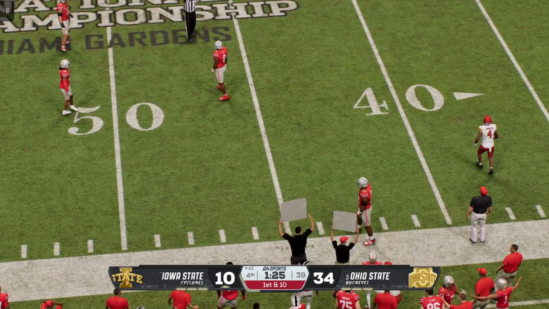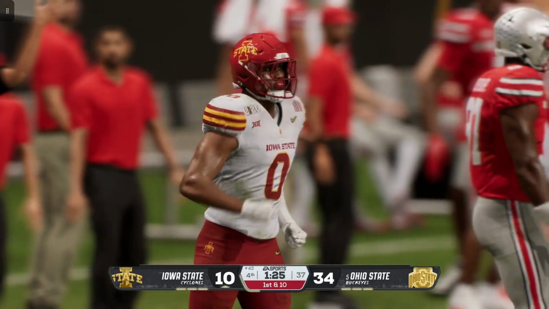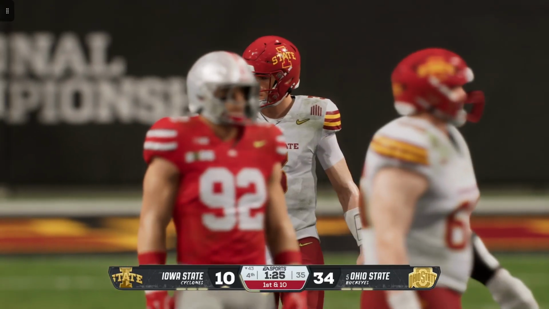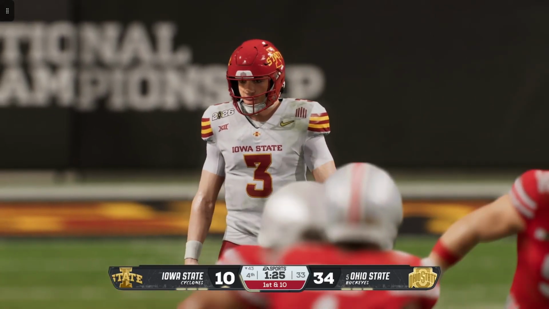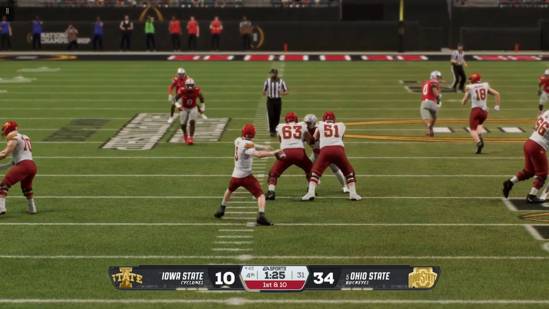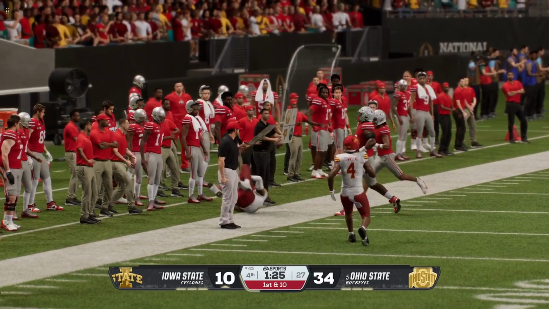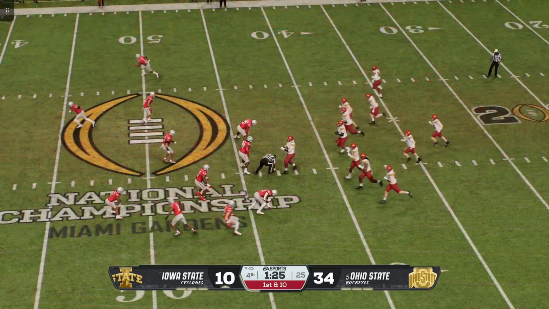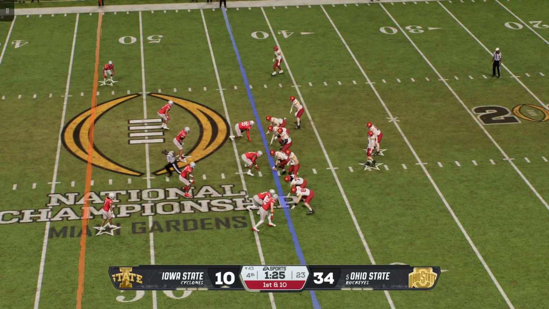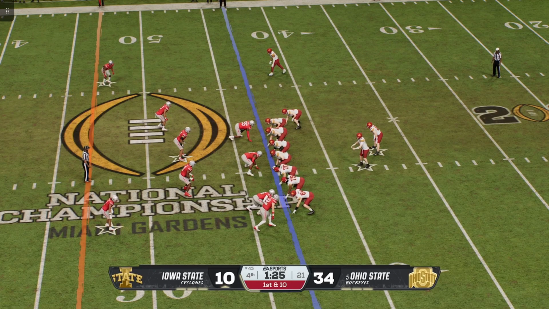It's complete. That's enough for a first down. Heads out of bounds after a solid gain, more than enough to pick up a first down. That's what you love to see from the quarterback, recognizing the receiver is past the marker, but a good job by the receiver to know where he needed to go to get that first down. Got a solid drive in the making here. First down at their own 43.